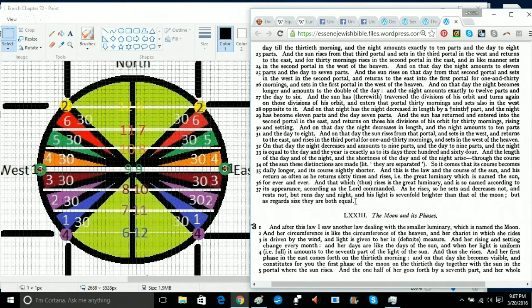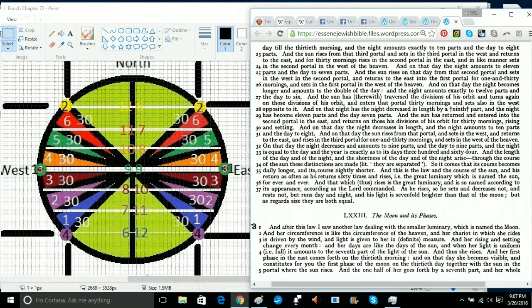And so there's a lot of witnesses supporting this calendar of Enoch. And there's a calendar in Scripture of 360 days. Why is there a calendar in Scripture sometimes of 360, whereas Enoch says 364? Well, you're going to see in a little while that Enoch actually tells us that